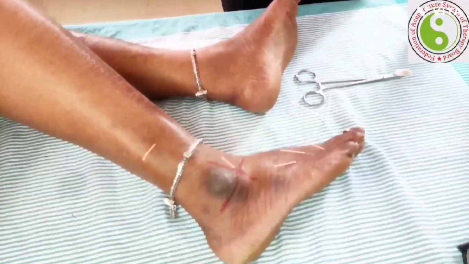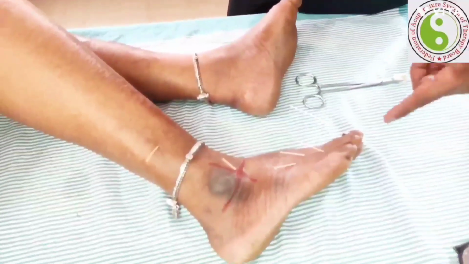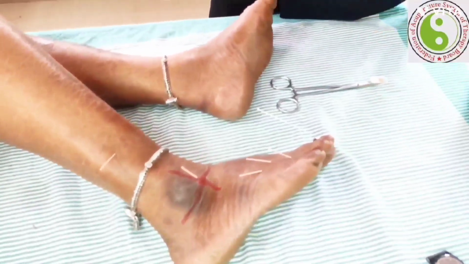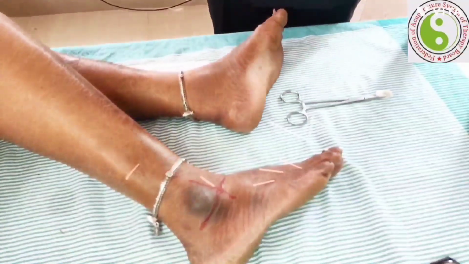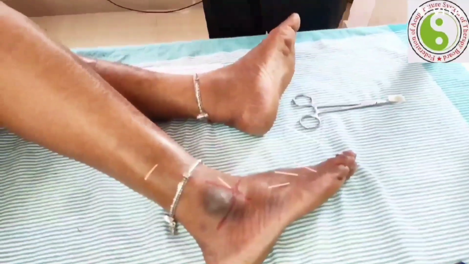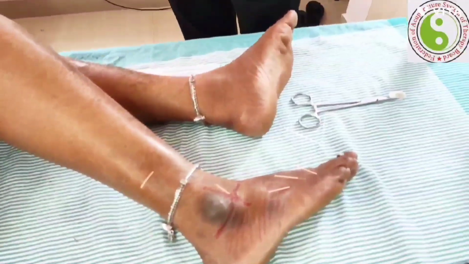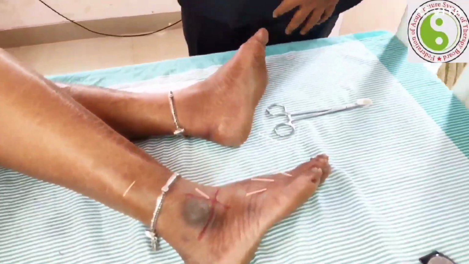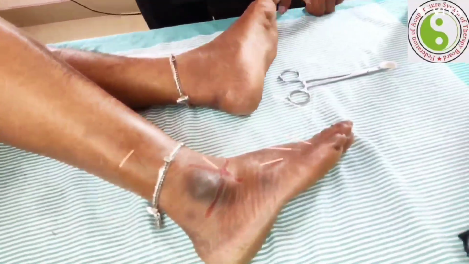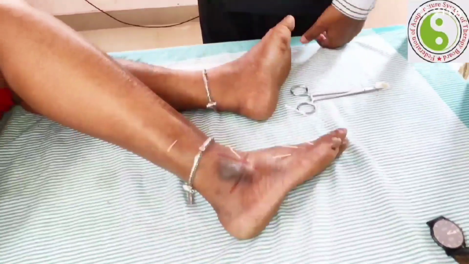Sanjian is the gallbladder. Sanjian is the Li3. So gallbladder 44 is the meeting point. So the equivalent point is Li3. When Li3 has stagnation, when the large intestine is not supporting the energy to the gallbladder, at that time we can use this point. Either any one point would be advisable. By the way, GB44 is the last exit point of the